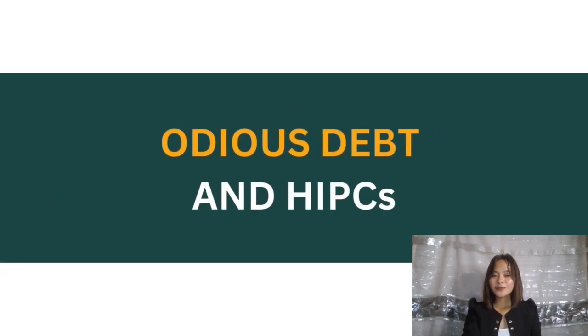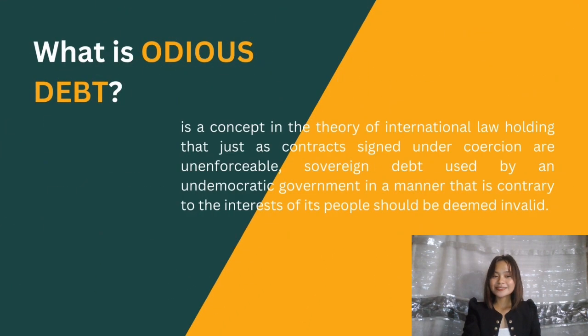And now, let's move forward to defining odious debt and HIPCs. Odious debt is a concept in the theory of international law holding that just as contracts signed under coercion are unenforceable, sovereign debt used by an undemocratic government in a manner that is contrary to the interests of its people